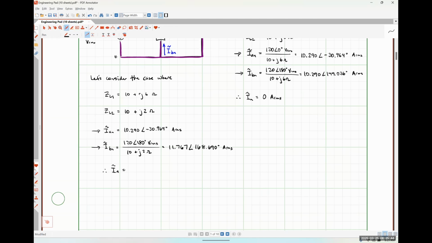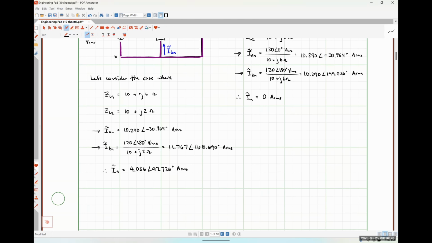So negative, what I have in my calculator is X plus Y. I get 4.036 with an angle of 47.726 degrees amps RMS. So our neutral conductor is now carrying some amount of current,